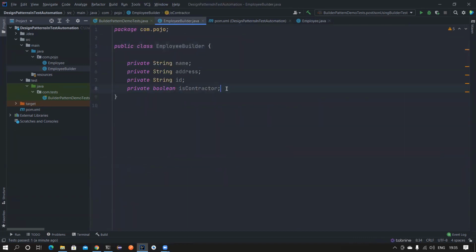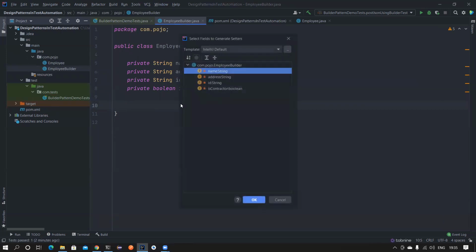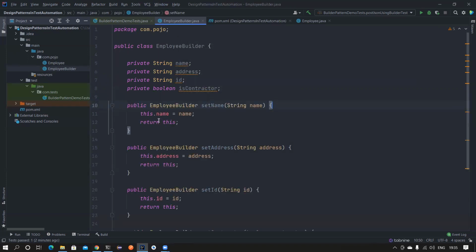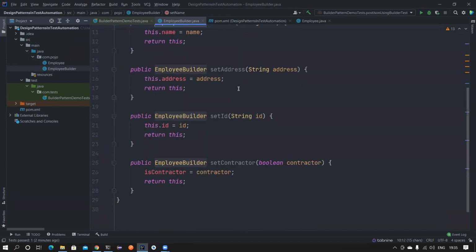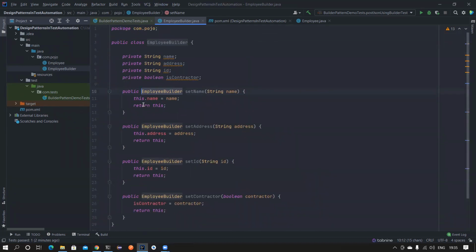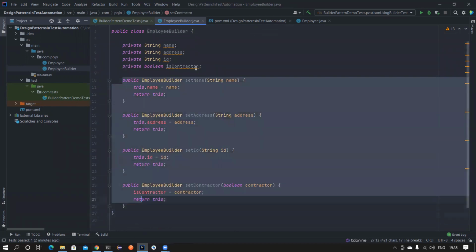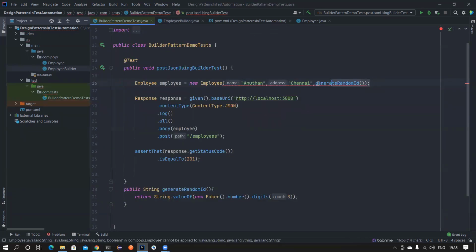While generating, you don't have to generate the constructor here. We will use setter methods. Let's press Alt and Insert, and you have an option to create a setter method. I want to do all of them. I can choose the builder design, right? You don't have to use the IntelliJ default, otherwise you need to make some changes. So I am using builder so that it can automatically return this, the EmployeeBuilder, right? That's a cool thing that comes from IntelliJ. We now have the setter methods ready. So let's try to construct the same thing now using the builder pattern, right?